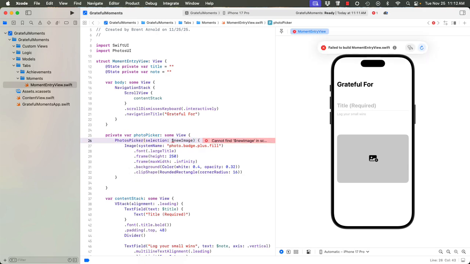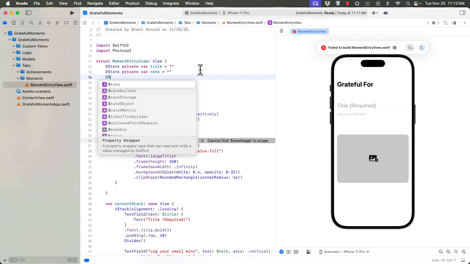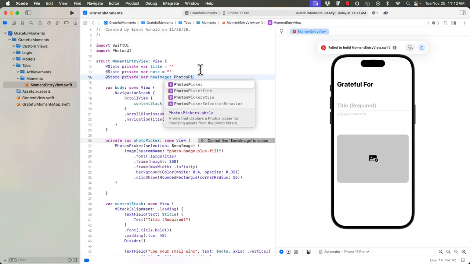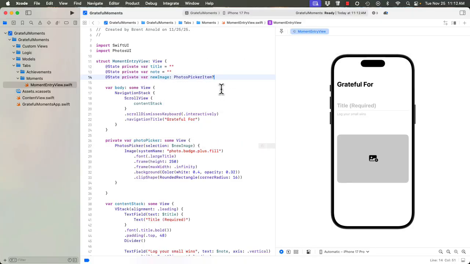So we need to create a variable up here called @State private var newImage, and it's going to be a PhotosPickerItem, and then set it as optional where we use the question mark. So here we create newImage, and now when they select an image, it will be assigned to the newImage variable. When the user clicks on the image, we want to